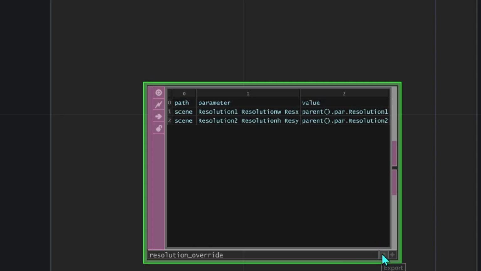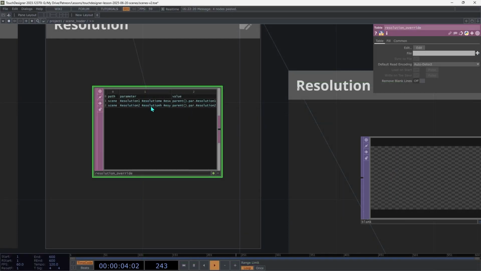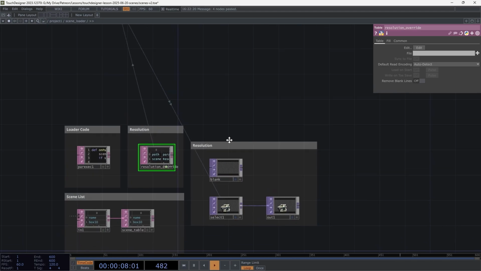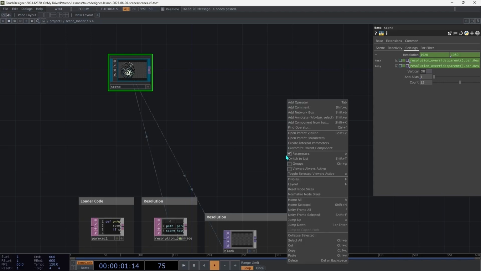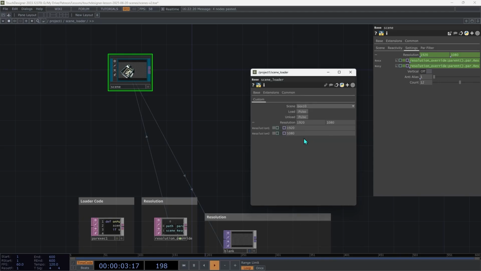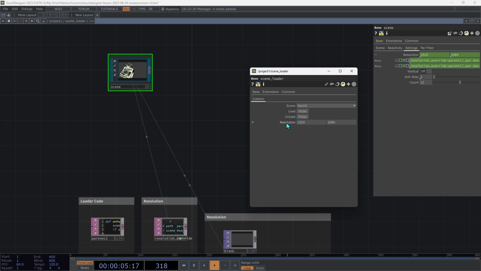And then we switch on that export flag, and you can already see that it created a connection there. And if we go up to our scene here, we've got an export that's pushing that value from the scene loader's parameters onto the scene that's loaded inside of it. But if you go to the component's parameters and load a different scene,